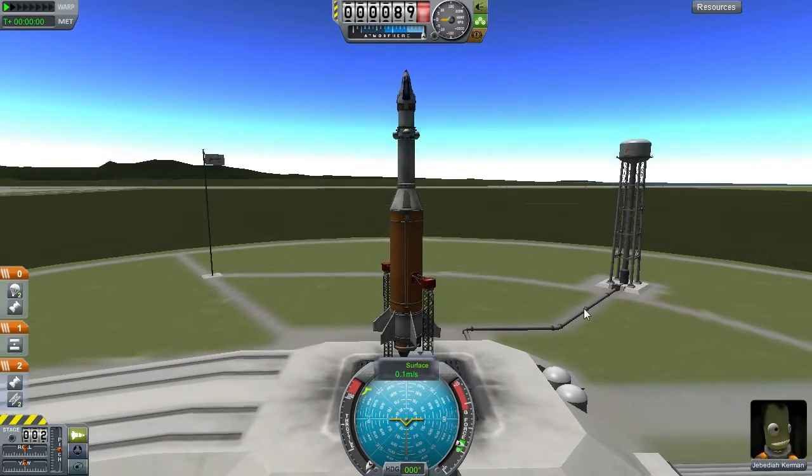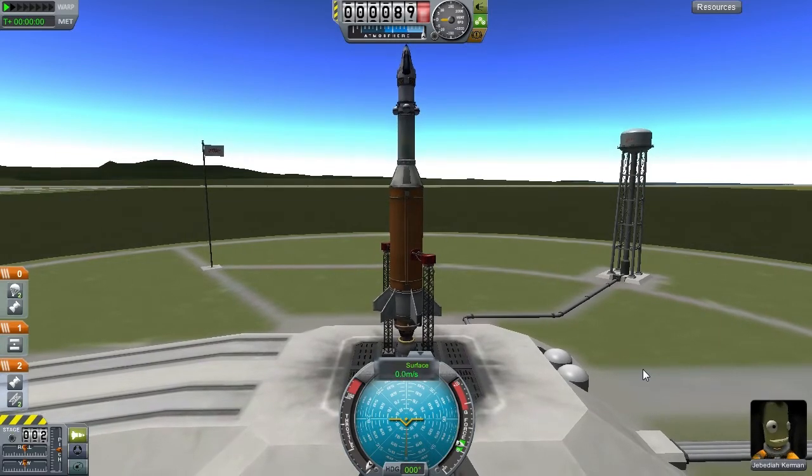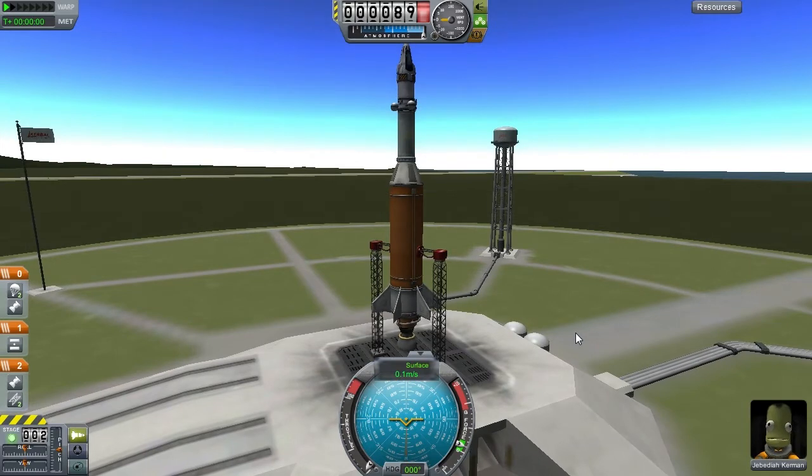Okay, so we're here. There's Jebediah Kerbin. Hi, Jebediah. My favourite buddy. Why is that wobbling like a son of a bitch? I shouldn't be wobbling like that. Oh, it's calmed down a bit now. Okay. So,